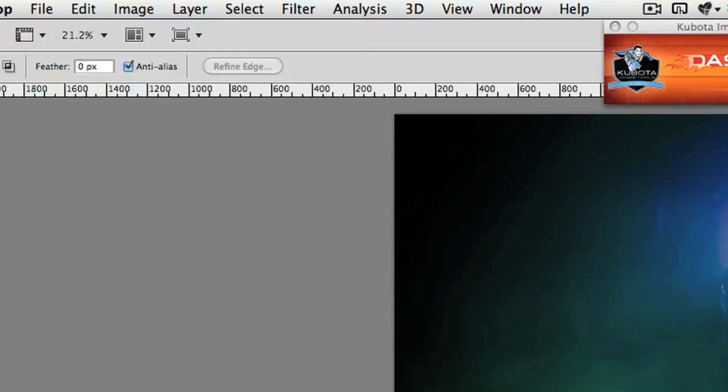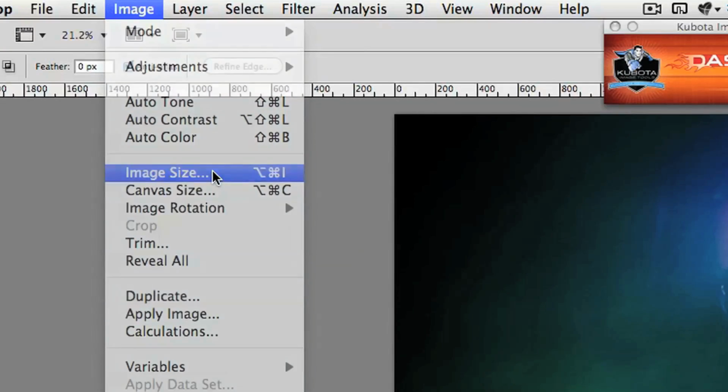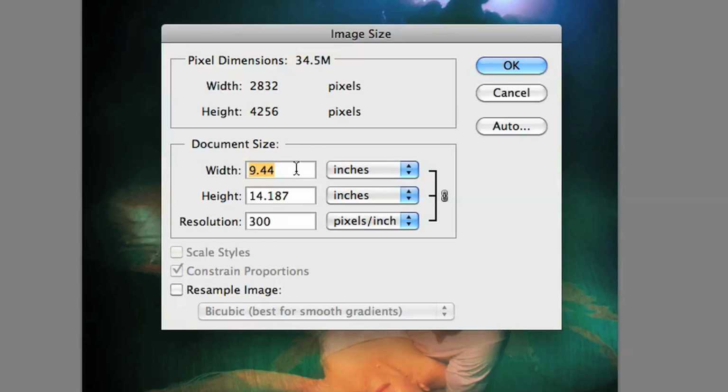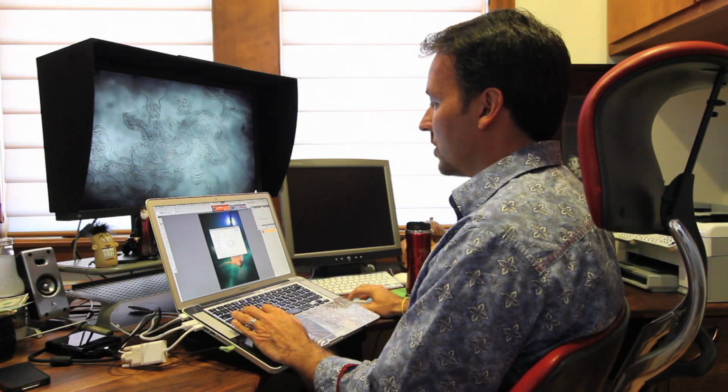So I've gone back in time. All I have now is my image. I've made it a floating layer, just like we did before. I'm going to go to the image size menu and double check that my image width is 8 inches, because I want to scale it up or down only. So I'll set 8 inches as the width, hit OK, don't touch anything else, and then I'll go to Edit,